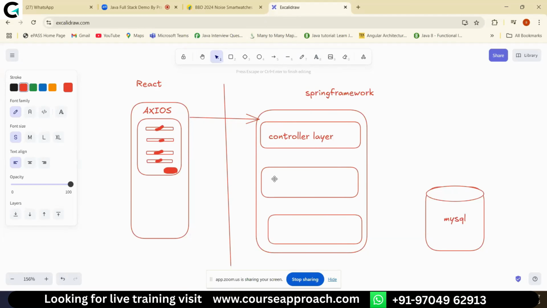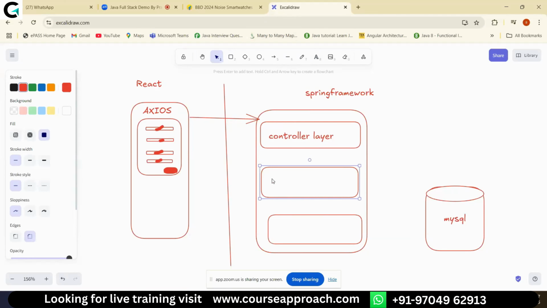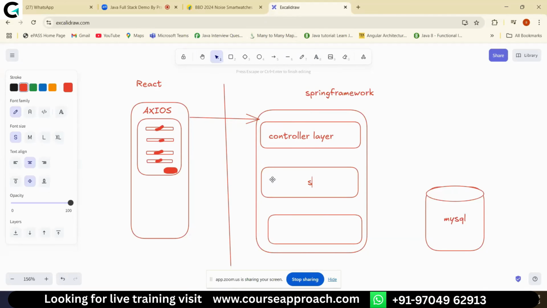Okay, now here it is a service layer, and repository layer or DAO layer. Now these three layers are going to interact with the backend. Whenever a request comes from React or any front end application, it will enter into